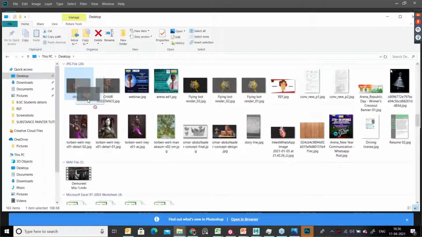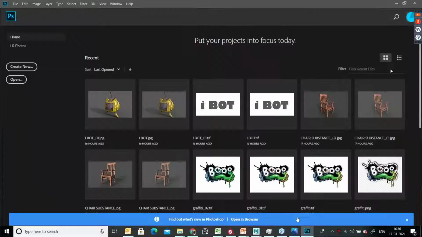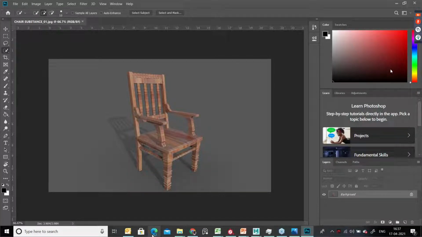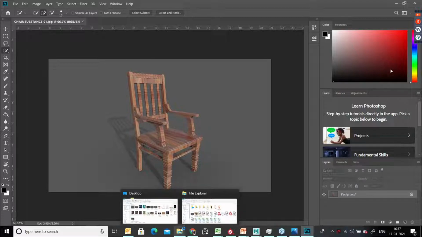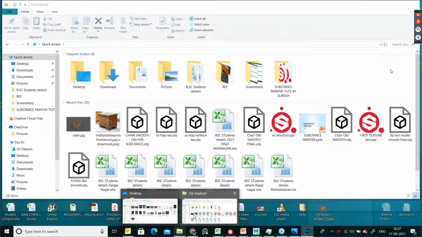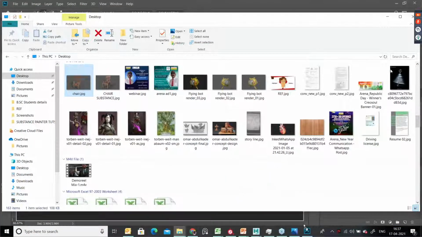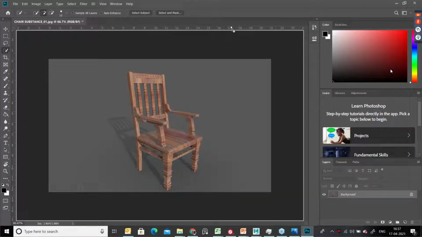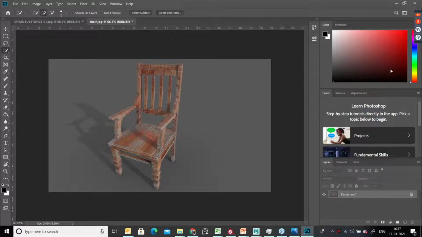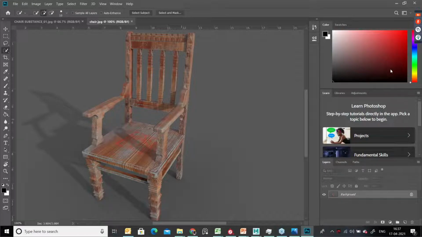This is the chair image, and we'll open our chair image from here. This is our model we just completed. See here, it's looking nice. See, this is the output.